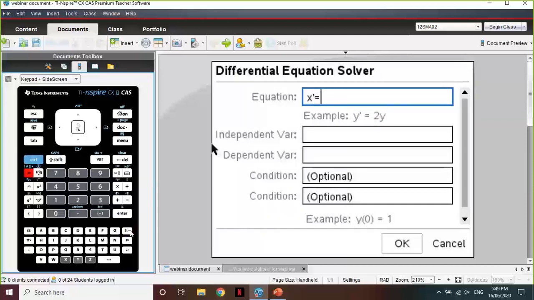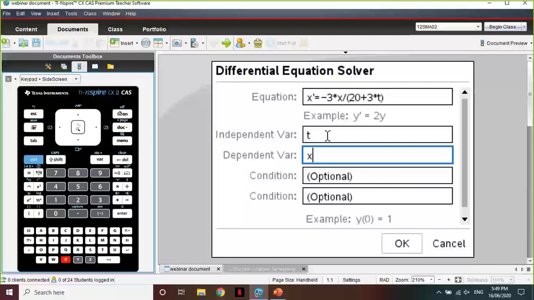And we had negative 3 times x divided by 20 plus 3 times t. Okay. Our independent variable will be our time, and our amount depends on our time, so our